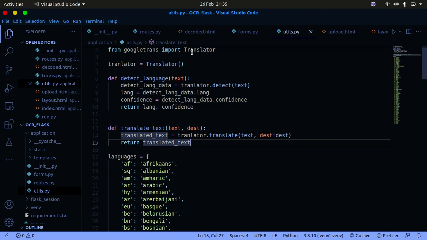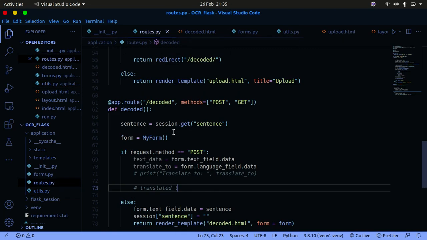So now that we have this logic, let's go back into our routes, and inside of our routes, what I want to do is now do the translation. In our routes file, we have the text that has been detected inside of the image. So now we can use that text and translate it into the language that the user specified. So let's go ahead and do this. Let me just comment this out, and then I'm going to say translated text, and this is going to be equal to utils